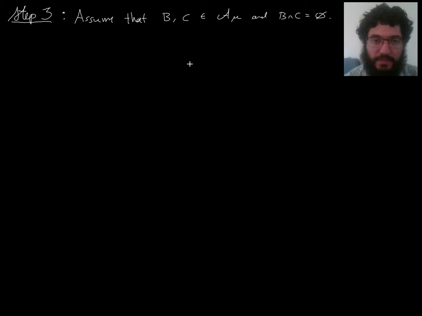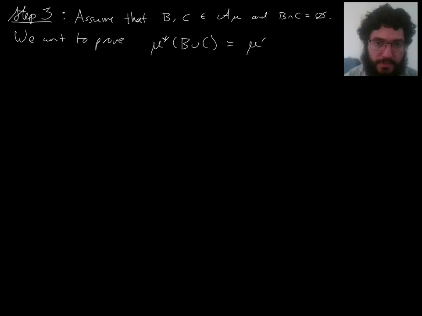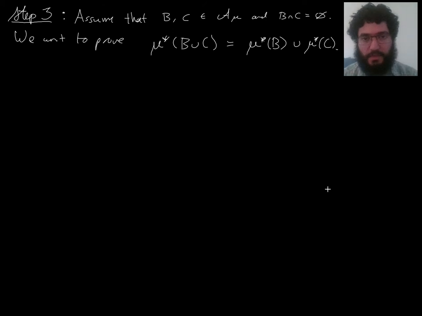Then finite additivity says that mu star of B union C equals mu star B plus mu star C. So actually, finite additivity is not just about two sets, it's about any finite collection of pairwise disjoint sets. But it's sufficient to work with just two sets